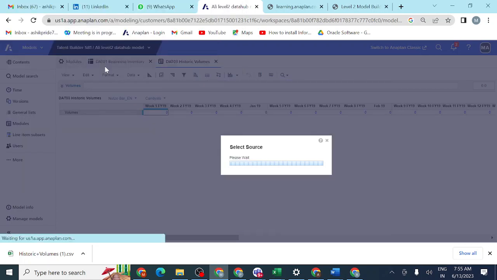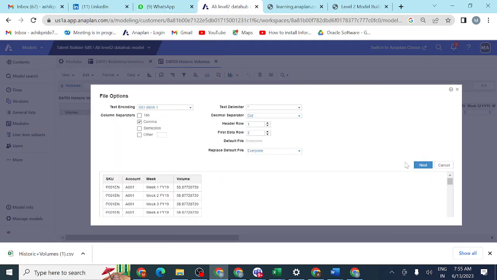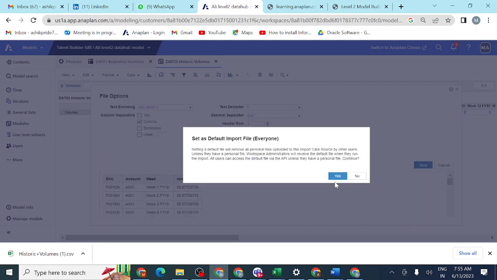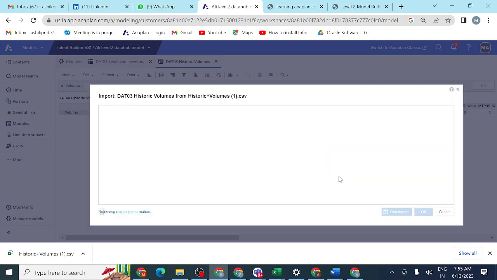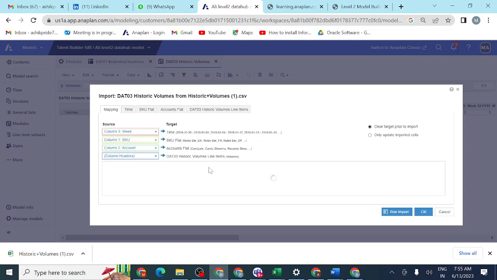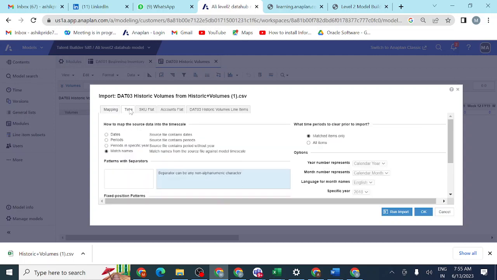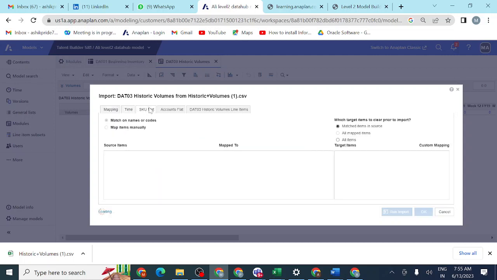We need to check each and every tab. So column header, each and everything is fine. You can check each and every tab. Then only we can go ahead.